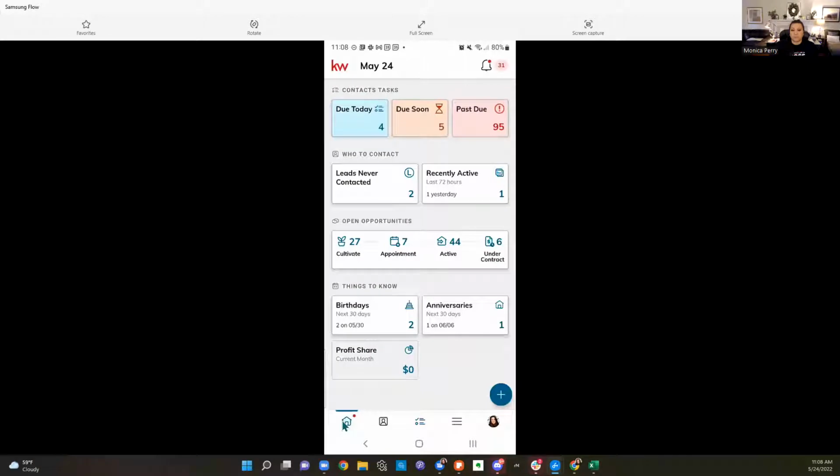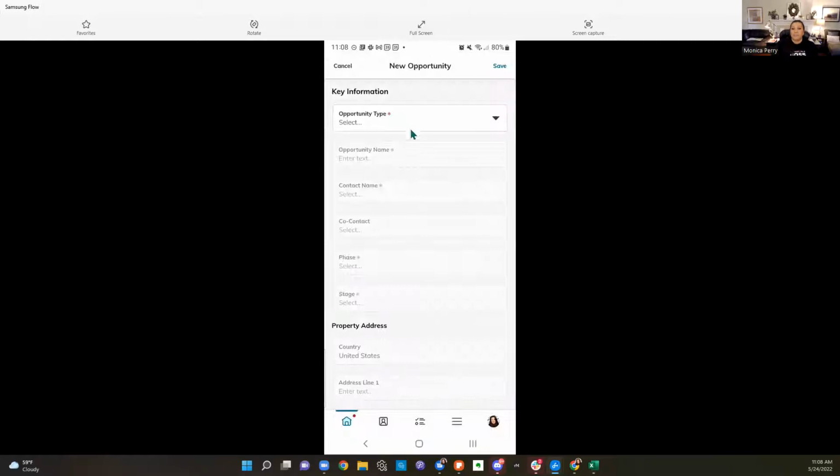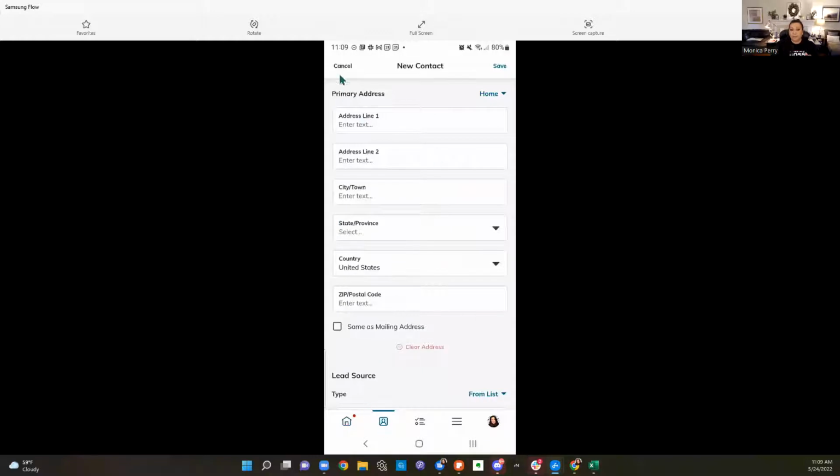But from our home screen here, there's 2 ways we can add opportunities on the go in the command app. From the home screen, we can hit the plus button. We can add a contact, a task, or an opportunity. And then I'm going to have to go through and click everything that I want to add, right? I'm going to give it a name, pick my contact, et cetera, et cetera. Or I can go to my contacts,